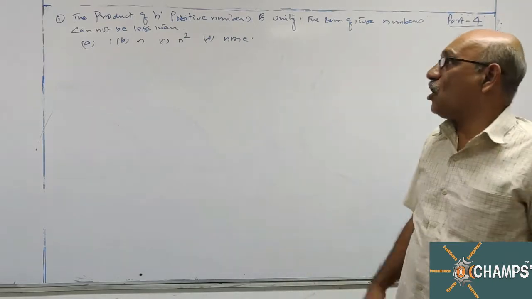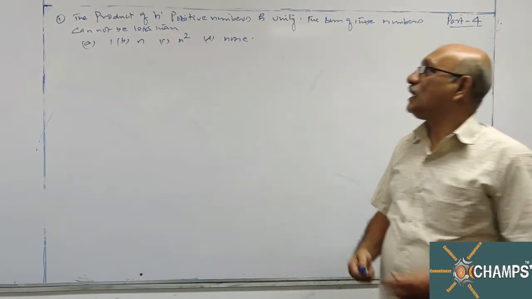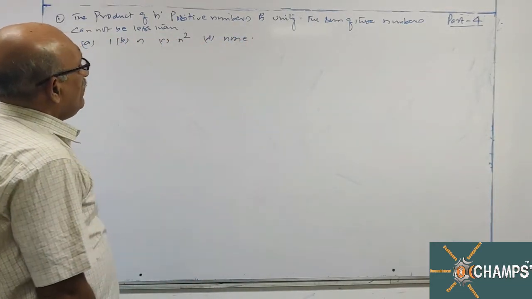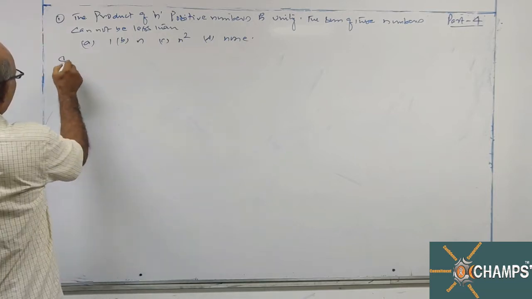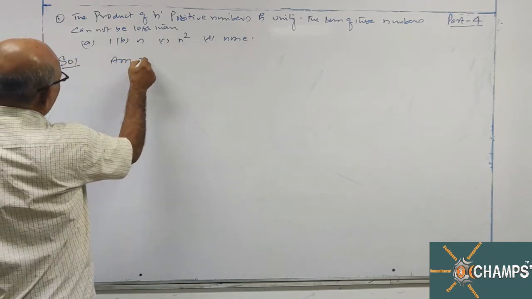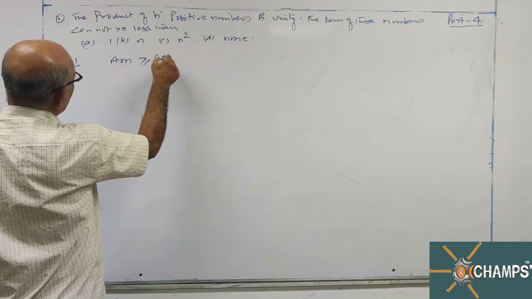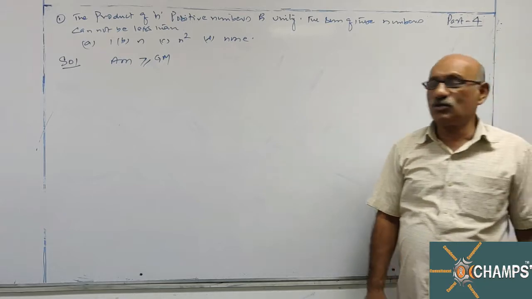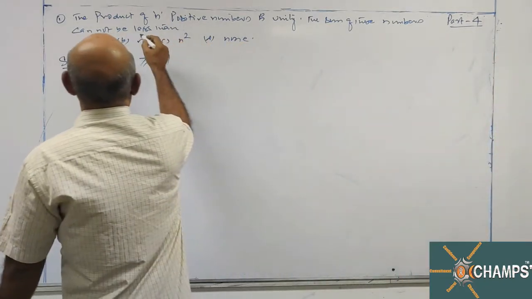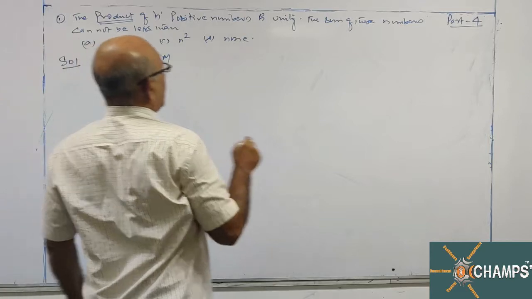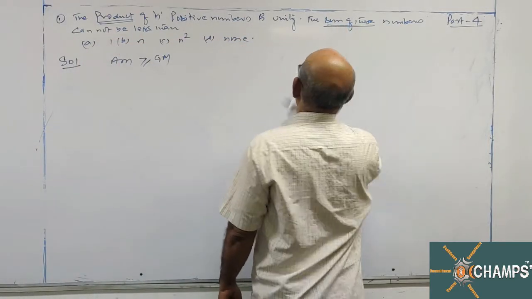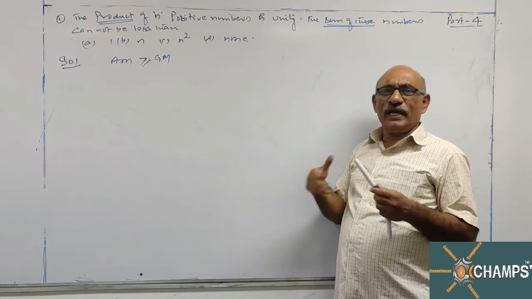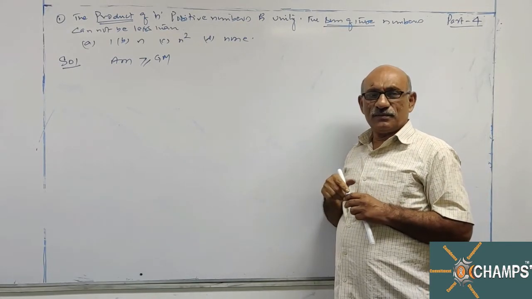Okay. Now how to solve this type of problem? Look at this, sir. Product of n positive numbers is unity, given. Where will I use the product? We have a concept, that is arithmetic mean is greater than or equal to geometric mean. Here two values are most important for us. Product is given, sum is given. So this problem cannot be solved by any other method except using this logic.